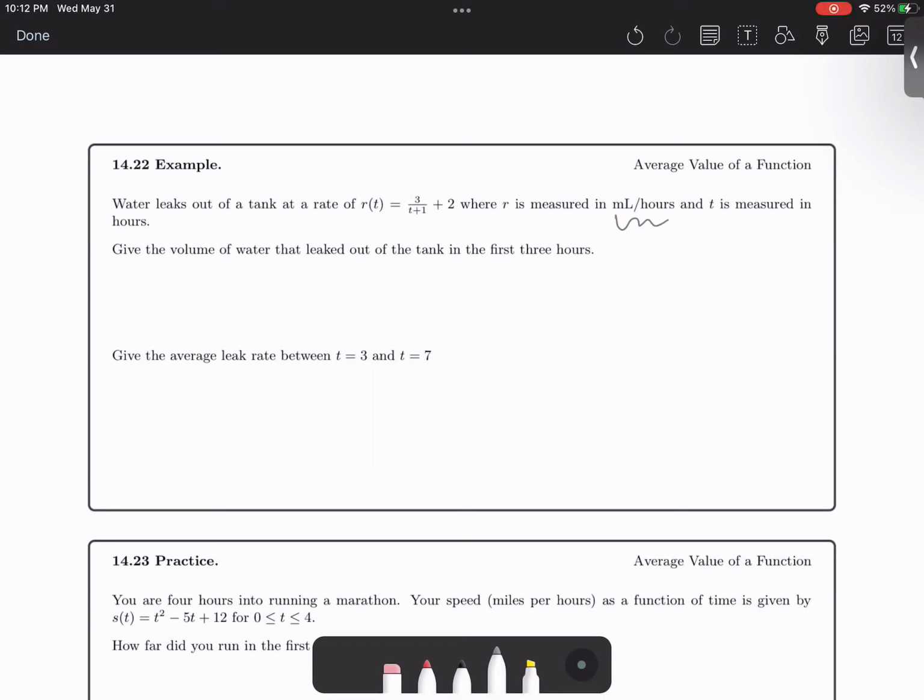All right. And time is measured in hours. So everything checks out. Give the volume that leaked out of the tank in the first 3 hours. So this tells me integration, right? Because I have a rate and I want to go back to the actual amount of water. I want to take this milliliters per hour and turn it into milliliters. So